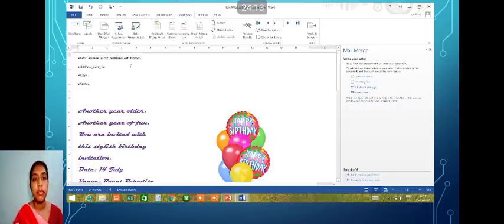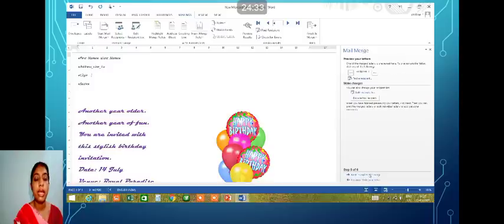Still, if you want to change the position of them, you can do that also. Here by mistake I have typed last name 2 times, inserted 2 times, so one I am removing. Still you can change the position of the fields which you have entered. I have removed one. Now I will go to next, preview my letters. Preview your letters. Now you can see first name and last name were there, and now it is changed from the data which I have entered in the list.